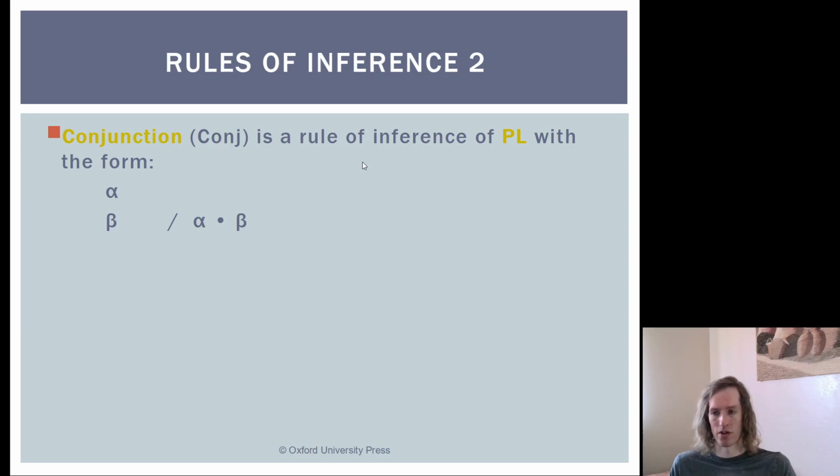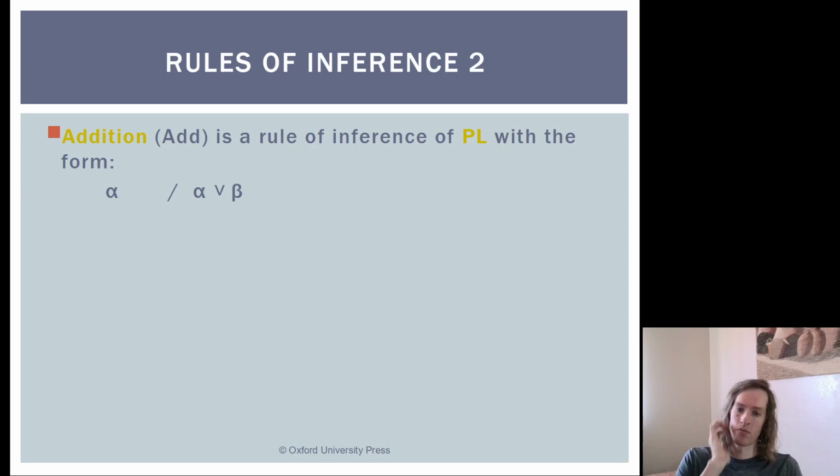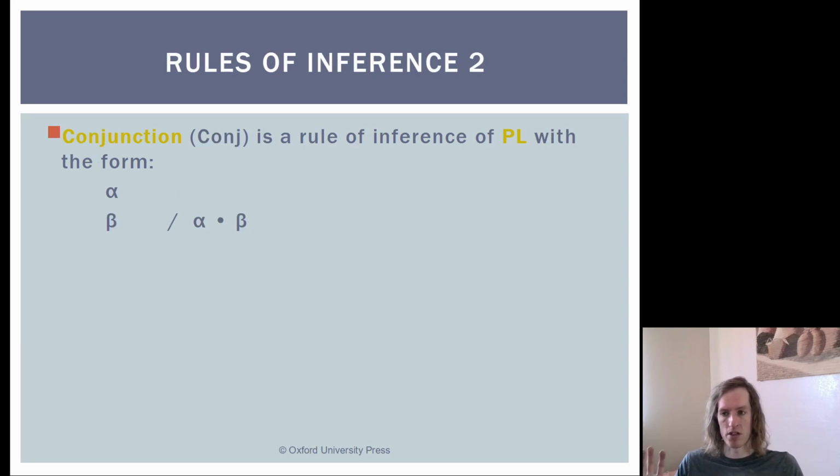Yeah, this one's fairly straightforward. If you have one thing and you have another thing, then it's true that you have one and two. You have both things. So conjunction is just a way to express that. Now, the difficult thing about conjunction is that it's often confused with this next rule. So the next rule of inference is called addition. Now people are often tempted to call conjunction addition because it looks like we're adding A and B together. It's very important to remember that addition is a completely different rule that applies to disjunctions, and conjunction